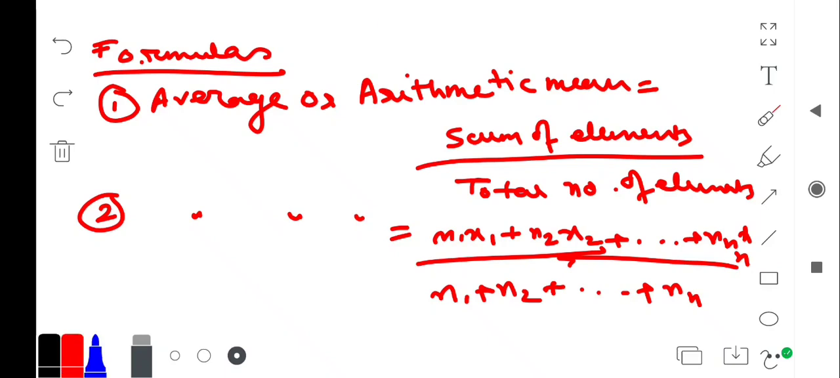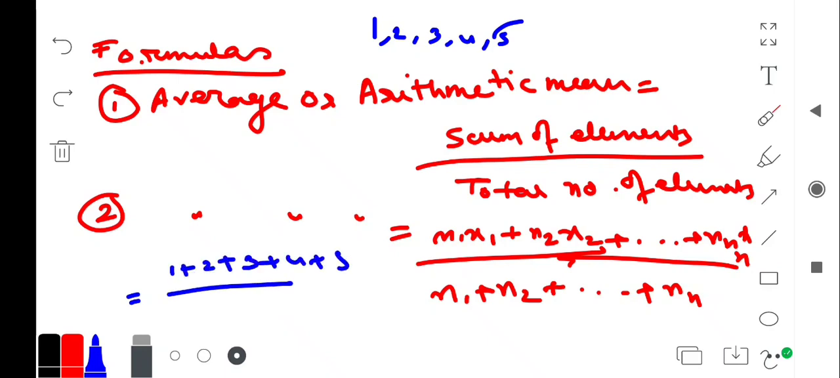Suppose there is given 1 2 3 4 5, so their average will be sum of the elements 1 plus 2 plus 3 plus 4 plus 5, and total number, that is 5, that is equal to 15 by 5, that is the average value is 3. Okay, and if there is given, suppose